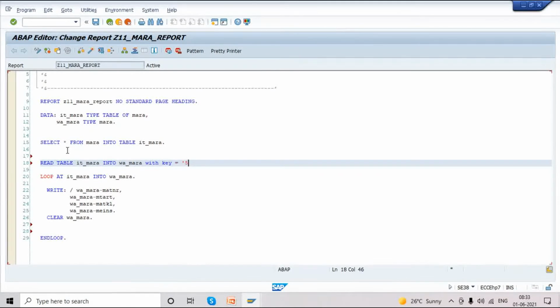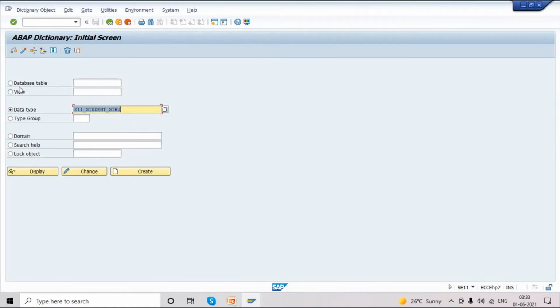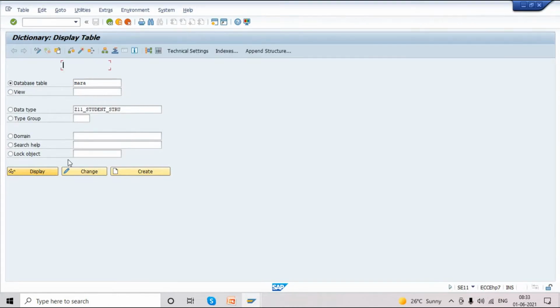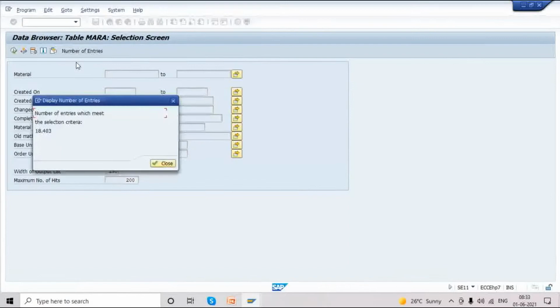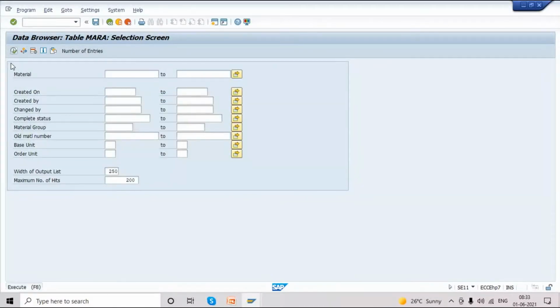As of now I'll put 53. So let me open in SE11. Here it is the MARA table. Execute, we'll see the contents here. How many entries? We have 18,403 entries in the database table.